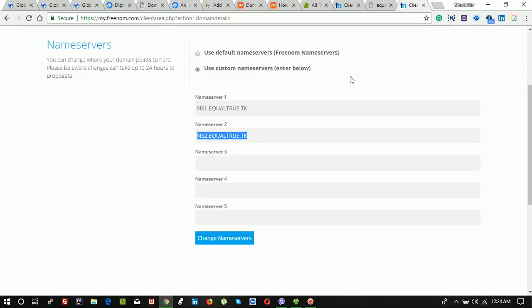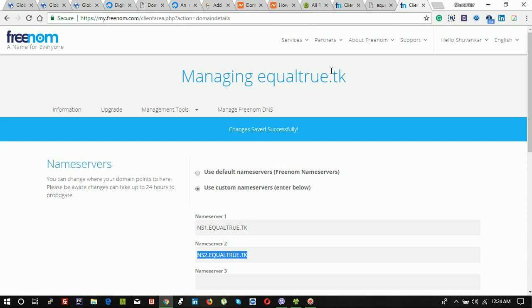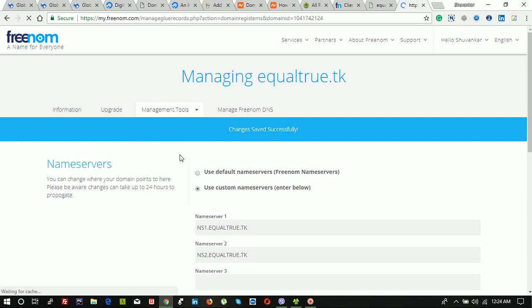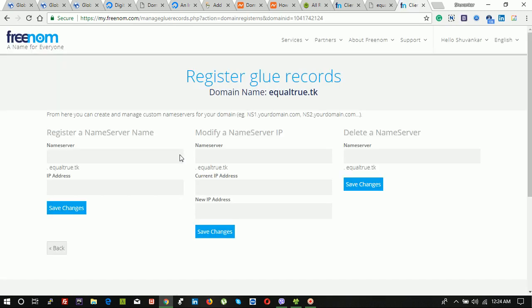First of all, we need to register these IPs in our domain provider's panel. In every domain provider company this is different. The main part is the glue record. A glue record means we assign our NS record to an IP.